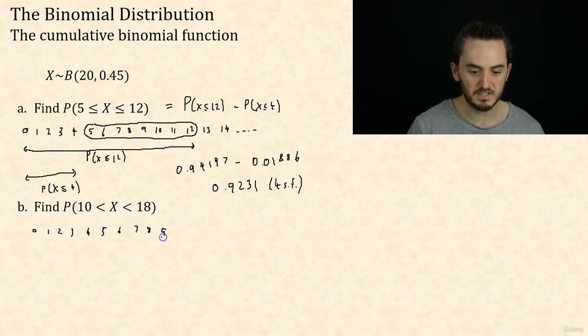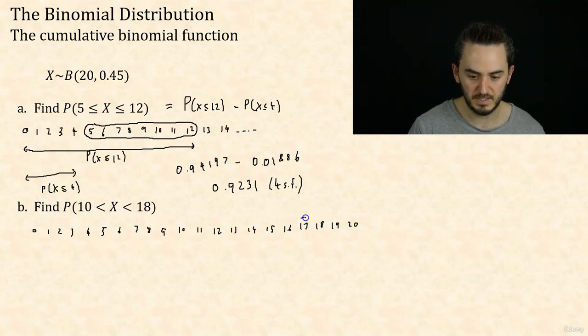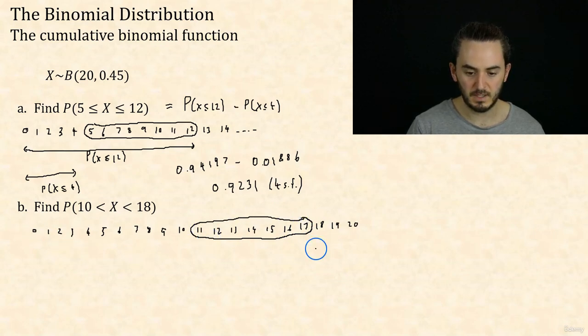So just be really explicit about what numbers you want, which numbers you don't want, and it's hard to go wrong here. Okay, so I'll just go until I've gone well beyond what I need, and circle the ones I want. I need it to be strictly less than 18, so not including 18, and strictly more than 10, so not including 10, so I'll go down to 11. Okay, so what I want is everything up to 17,